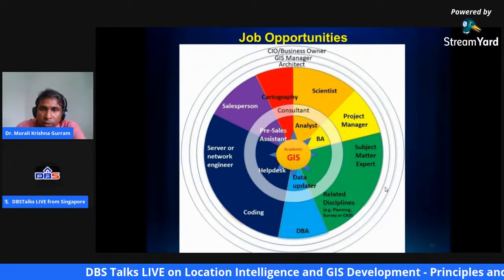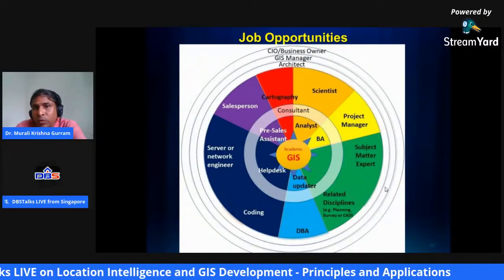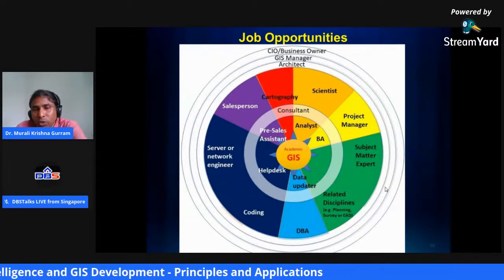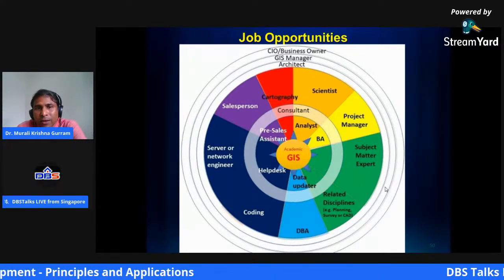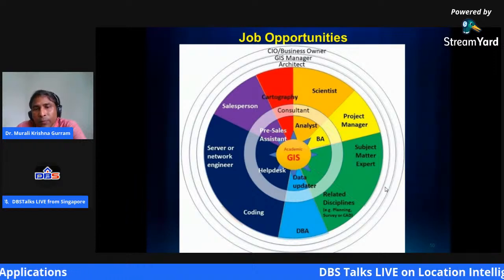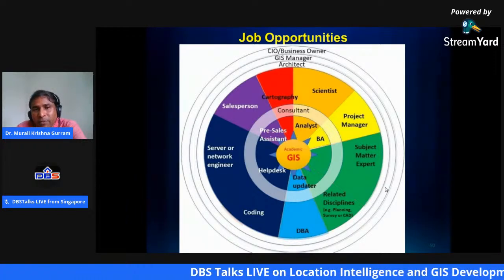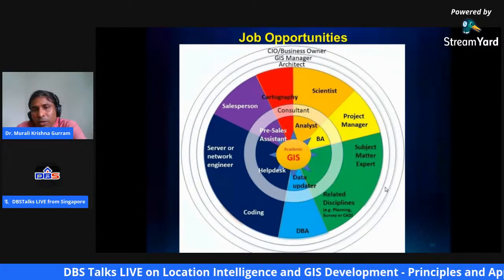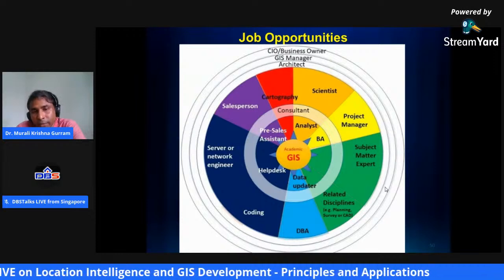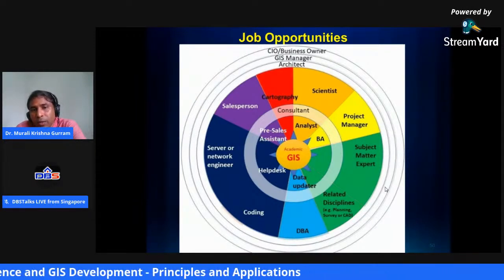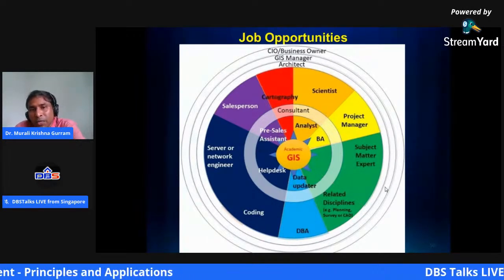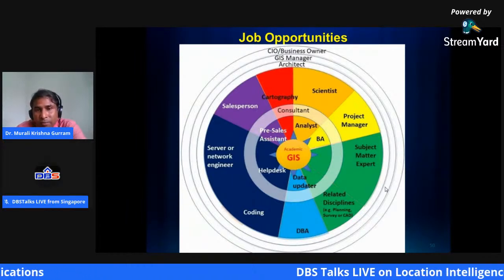Based on your life goals, you can choose your own path in GIS. There are a lot of diversified paths here. You can become a GIS programmer. You can become a GIS database expert. You can become a subject matter expert after a certain point of time.